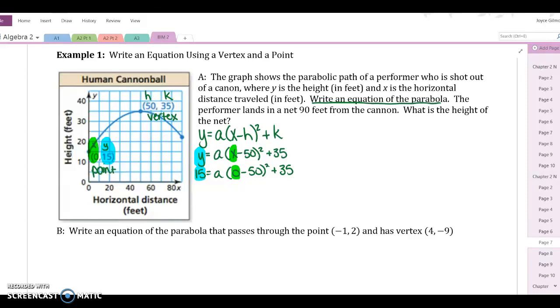So in the parentheses, 0 minus 50 is negative 50. What's negative 50 squared? Positive 2,500. If you just typed in negative 50 squared into your calculator, you need to put parentheses around the negative. So look at how it is in the equation, 0 minus 50 inside parentheses squared. Or just think about negative 50 times negative 50 must be positive 2,500. What would you do next to solve this equation? Subtract 35 on both sides. So negative 20 equals a times 2,500. And then we would divide both sides by 2,500 to get a equals